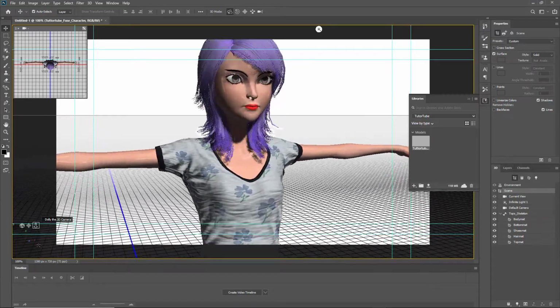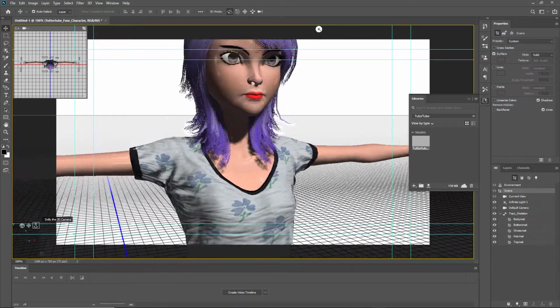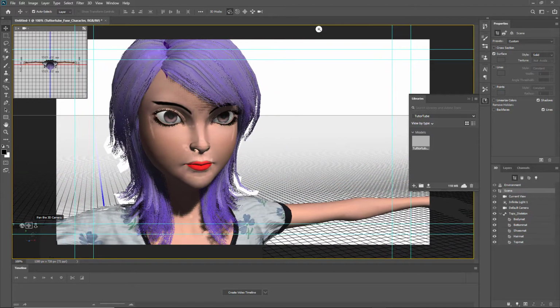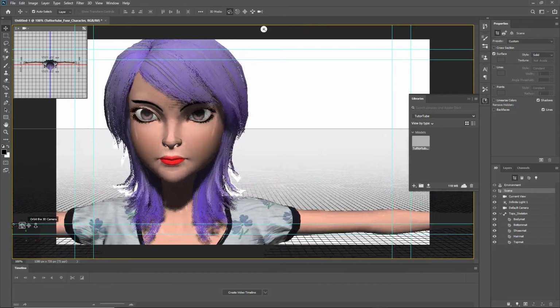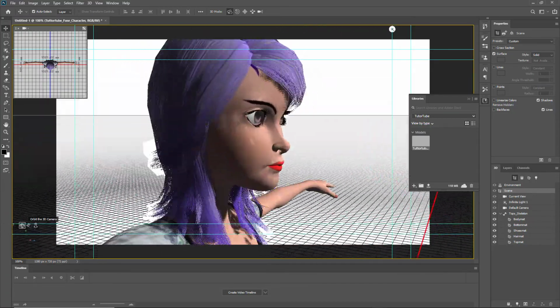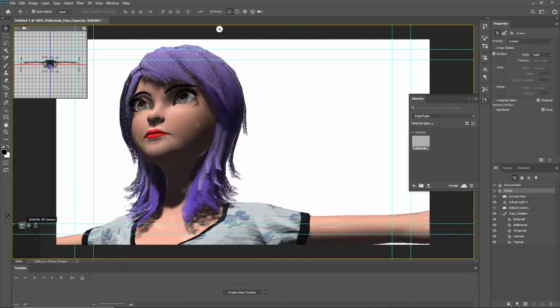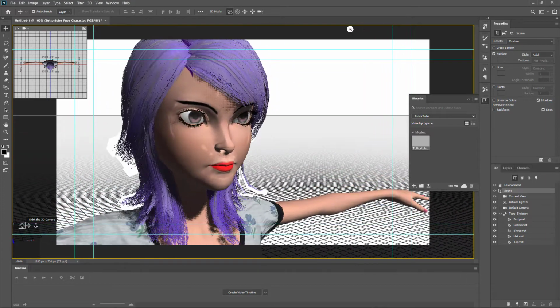Once you drag it, you can see that the quality is a bit low, but as soon as you let go, you can see that the quality improves just like that. That is how Photoshop actually works over here. So you can go around, orbit around, and work around with it just like this. All of these things that you see are reflections, which you can work around with later as well. So you can see that this is how you pan around, and this is the Fuse model imported into Photoshop. And then you can add in a background of your choice, add in layers to make your 3D model stand